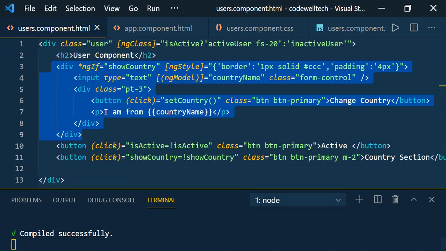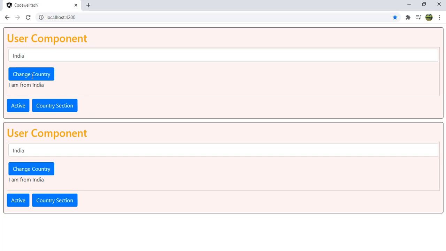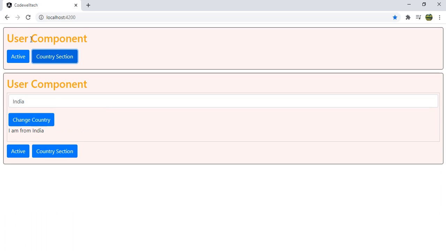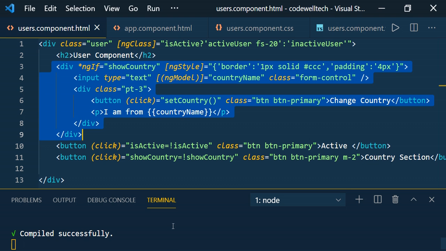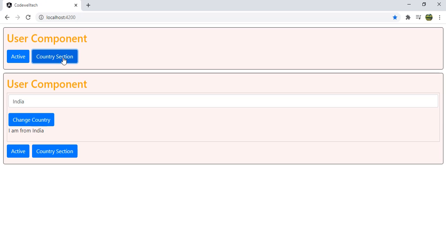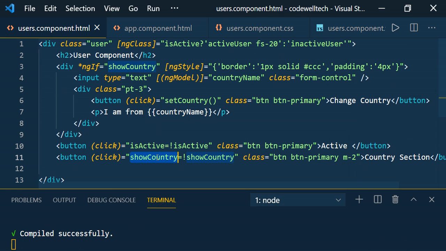So let's save it and go and see here. Now the country section is already available. When you click on the country section, you can see that the country section is hidden for this first component. As I said, it will not impact the second component because it is completely another component, completely isolated from this component. When I click on the country section again, it will show again, because when you click on the country section, we make showCountry false the first time, and when you click again, we make showCountry true.